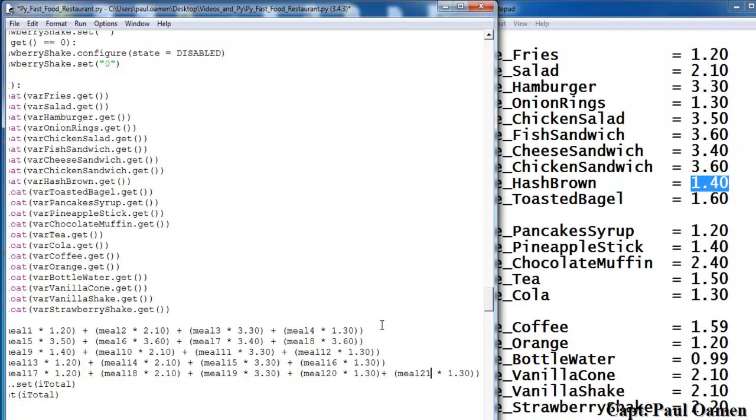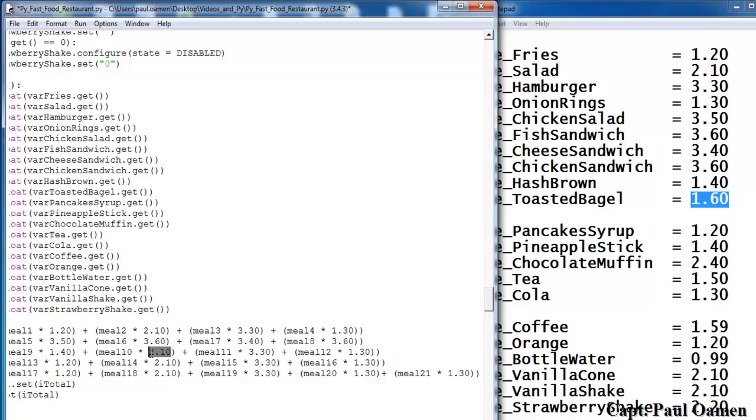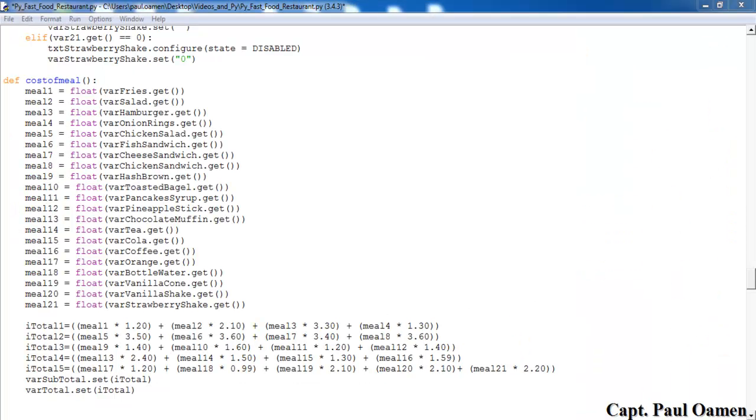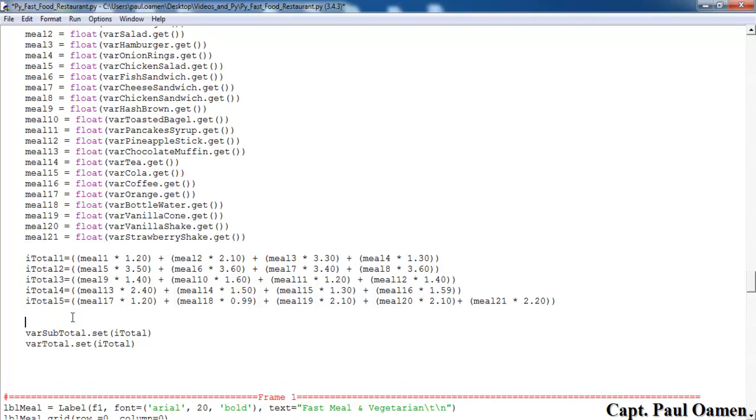Now we have up to 9. Okay, we've got 9. We now need 10. Alright, you guys get the whole idea. So I'm just going to speed up the whole price process, and I'll get back to you guys. Alright, we have all the prices in place now. Okay, now what we need to do is, let's go for